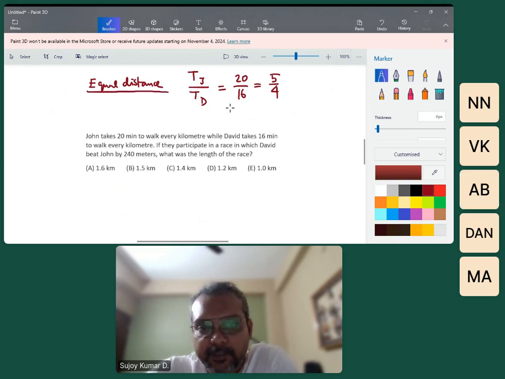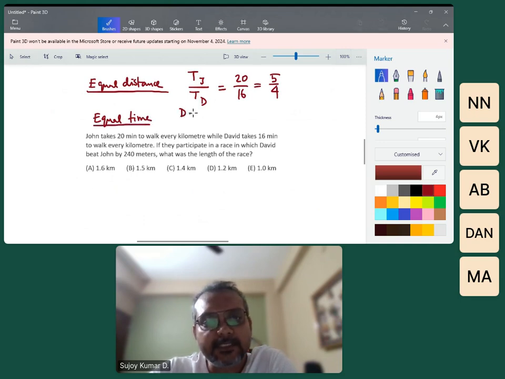Now, I don't want equal distance, right? What happened in the race? In the race, they traveled for equal time. So distance and time, that's what we are trying to link. If both had to travel equal distances, their time would be in the ratio 5:4. So if I now change the condition, no, I don't want equal distances, I want equal time,